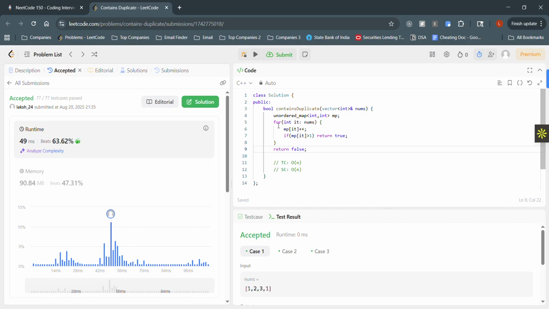Since we are doing the same thing, using a for loop, traversing every element of our vector one by one and incrementing in our map, the time complexity is big O of n. And similarly, at most, the size of the map can be the number of elements present in our vector, so the space complexity will also be big O of n. So yeah,